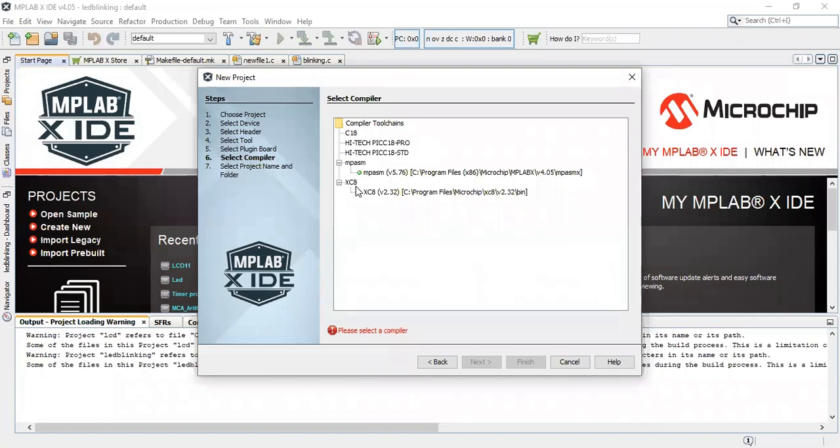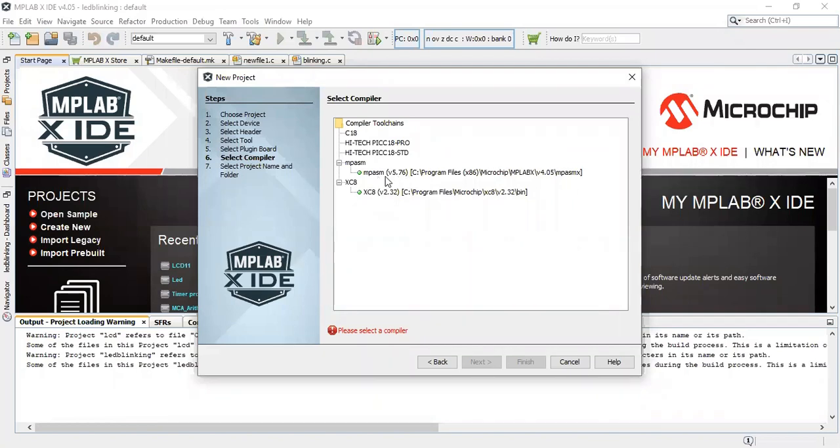So embedded code, if you want to develop, then we require the XC8 compiler. You can download this XC8 compiler from the internet also. I have already downloaded this XC8 compiler for embedded code.